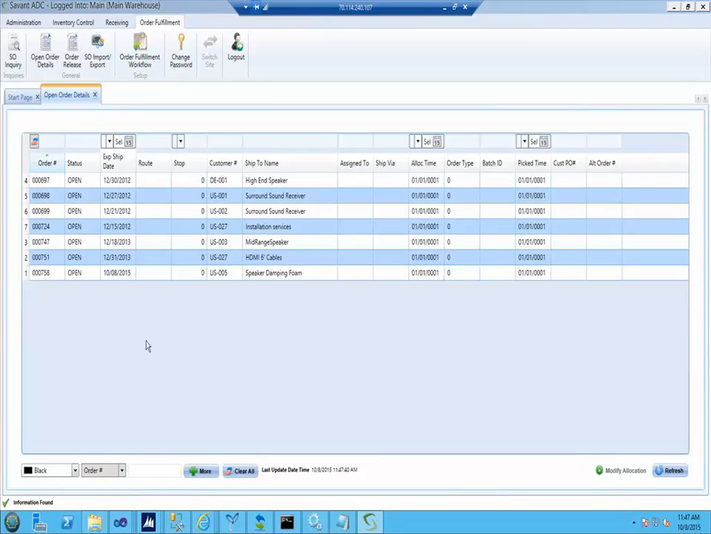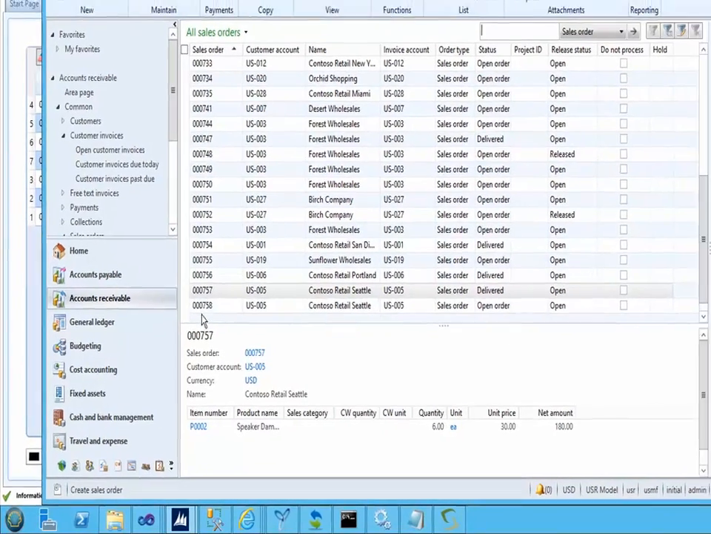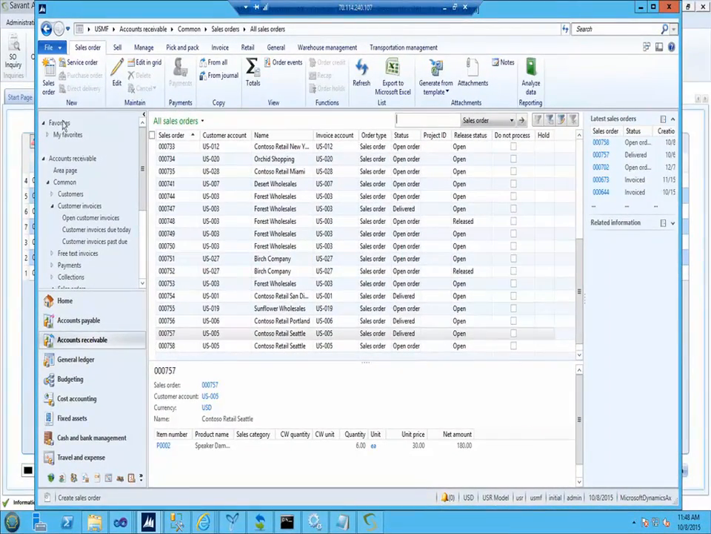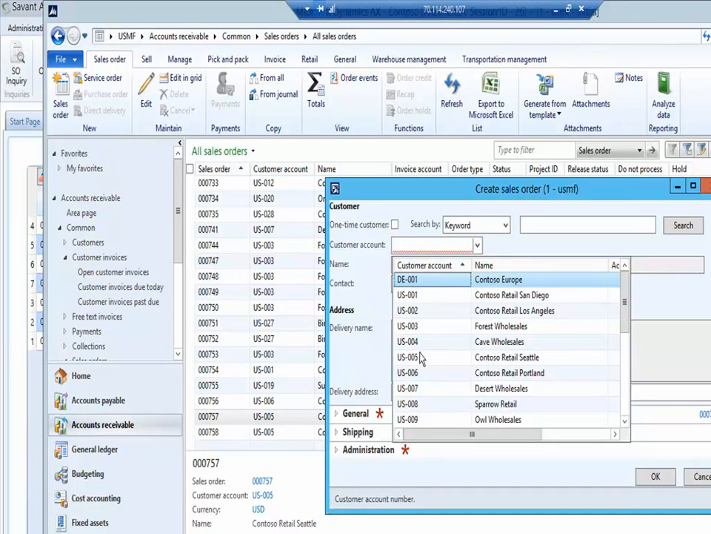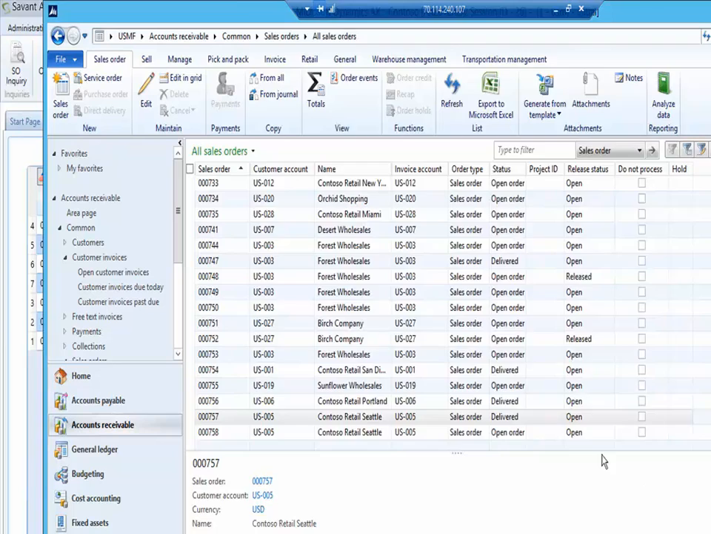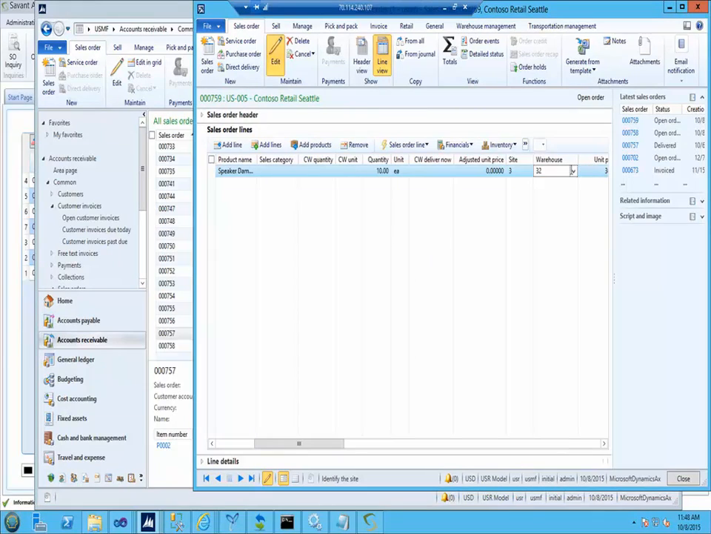And let's go ahead into AX and take a look at putting in a new order. So we've also got 758 was already entered, and we'll go into the sales order screen and create a new one. So we'll choose our customer, and we will then enter an item number. Let's just say we want to order 10 of these, and then we will choose the warehouse we want it to come from,